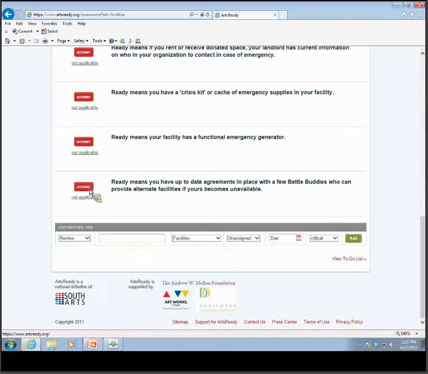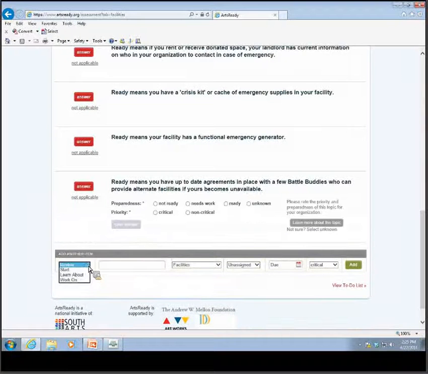So let me open this bottom one so I can show you something. When I click ready, then it's going to create an action plan in my to-do list to review something. If I click not ready, it's going to create an action plan for me to start on something. If I click needs work on something, unknown, learn about something. So let's say for the sake of this organization that I am renting space out to in my office, I want to work on,